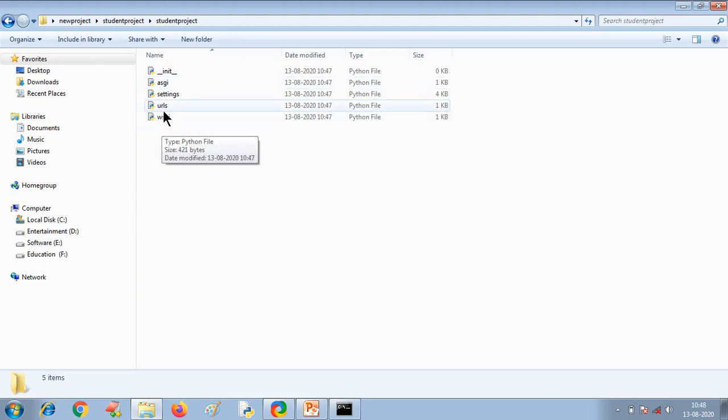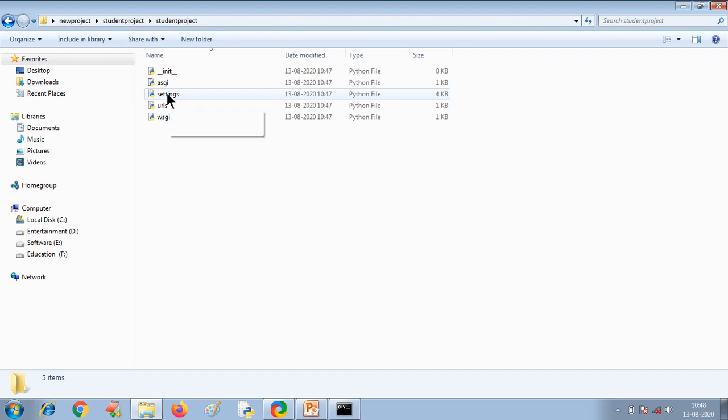The most important files are settings and URLs. So all the settings or whatever changes you want to add or you want to make to your project need to be specified here in settings.py file. Suppose you want to create one application, you need to register that application here. Suppose you want to change your database, you need to register here.